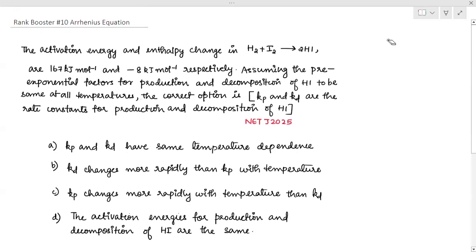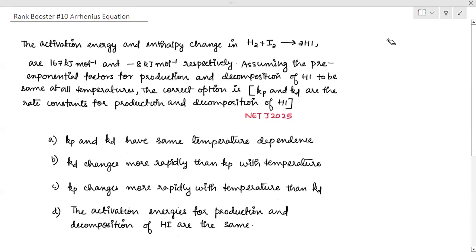Hello everybody. So this is our rank booster 10. This question was asked in the 2025 June NET exam. So let's start. The activation energy and enthalpy change in H2 plus I2 giving 2 HI are 167 kilojoules per